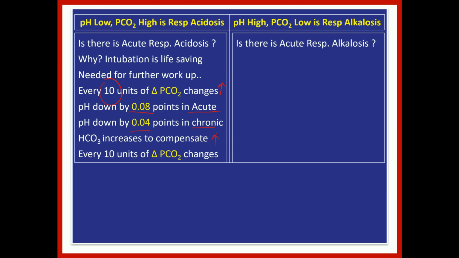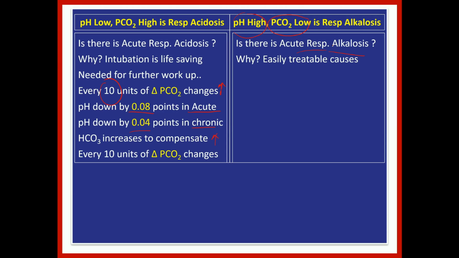In respiratory alkalosis, is it acute or chronic? How do I know? The pH is higher, carbon dioxide is lower, and they are on opposite sides. Since the pH is higher, it is alkalosis. Since they are on the opposite side, it is respiratory. I would like to know whether it is acute or chronic, because in acute respiratory alkalosis all the causes are very treatable. Hyperventilation, anxiety: control the anxiety, reduce the respiratory rate, sedate the patient, and immediately the respiratory alkalosis gets corrected. Or give oxygen if hypoxemia is causing the increased respiratory rate. If it is high altitude, support with oxygen.